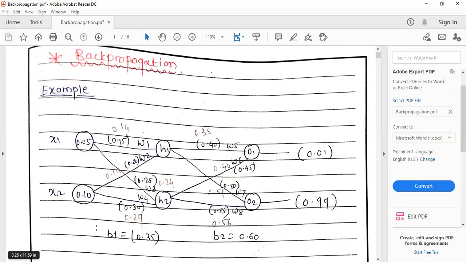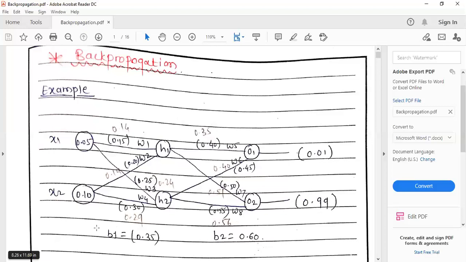The thing is, by using the feed forward mechanism, we have considered all these things and calculated some outputs like output 1 and output 2, where weights are given. When we calculate output values using the feed forward mechanism, and if there comes some error between our output and their output, meaning whatever output they have given and whatever output we calculate using the formula, then we have to do the backpropagation.